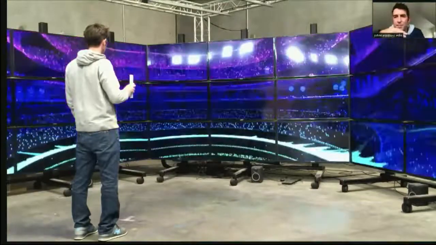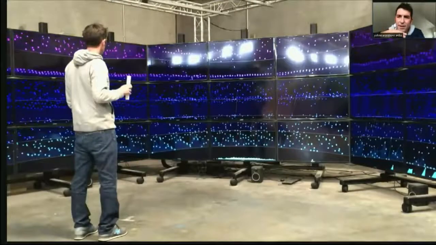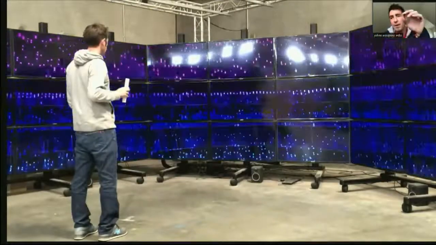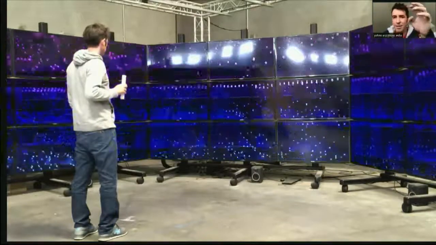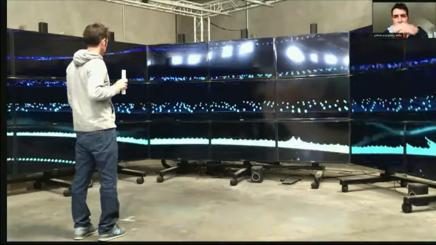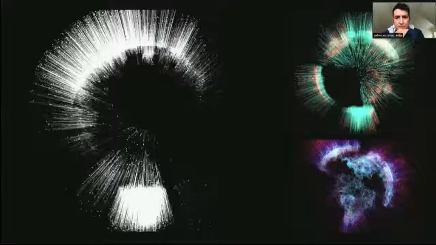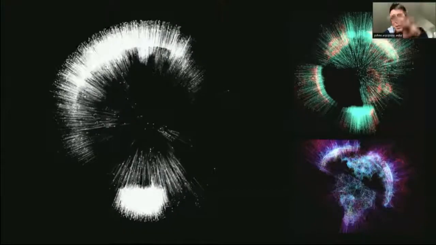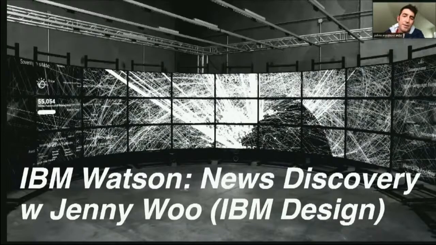There's also some other neat little interface elements that I guess are outside of the view of this video, but I applied a lot of what I knew from architecture to this too. So there's sectional planes that show over on the left, and there's floor plans of each level over on the left as well. So that work in combination with this little prototype led to News Discovery, which was a